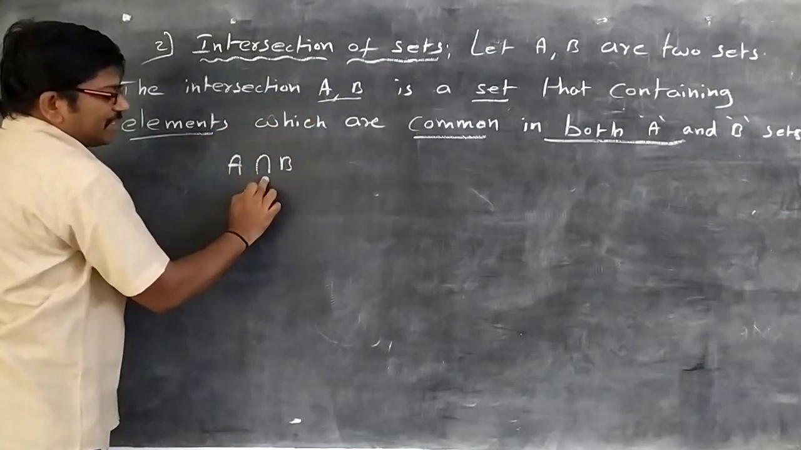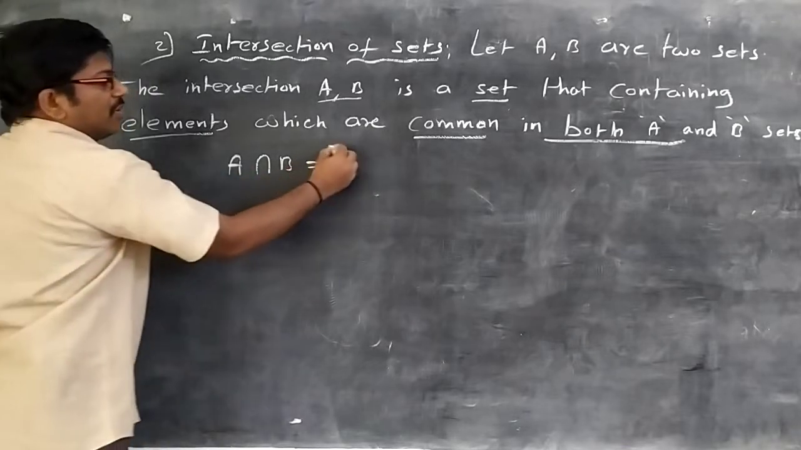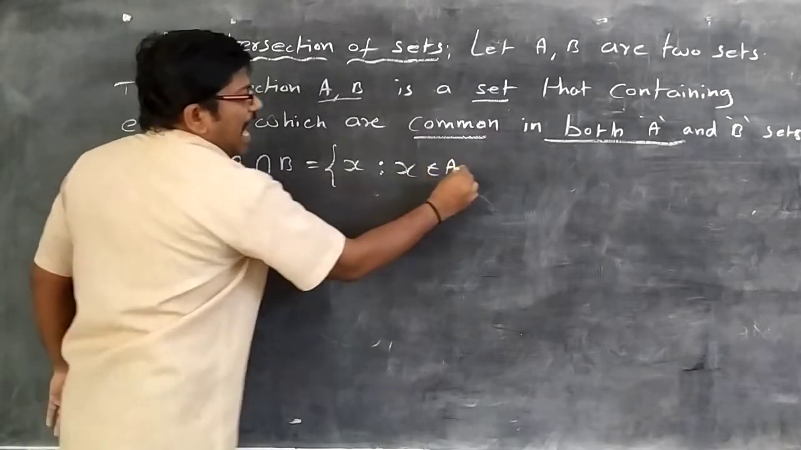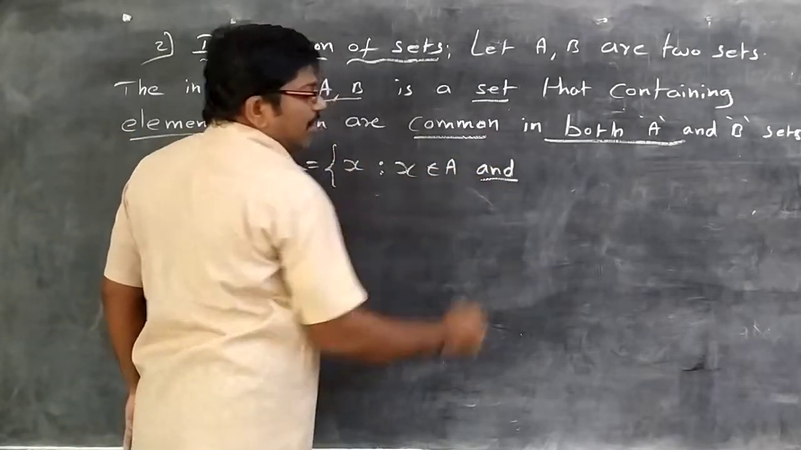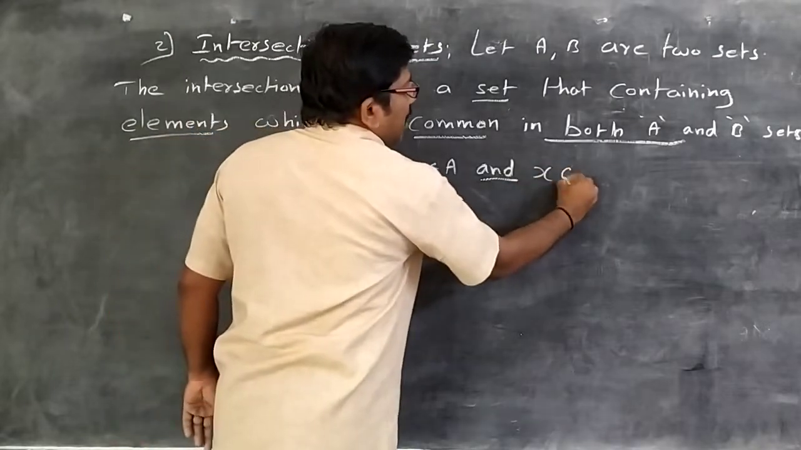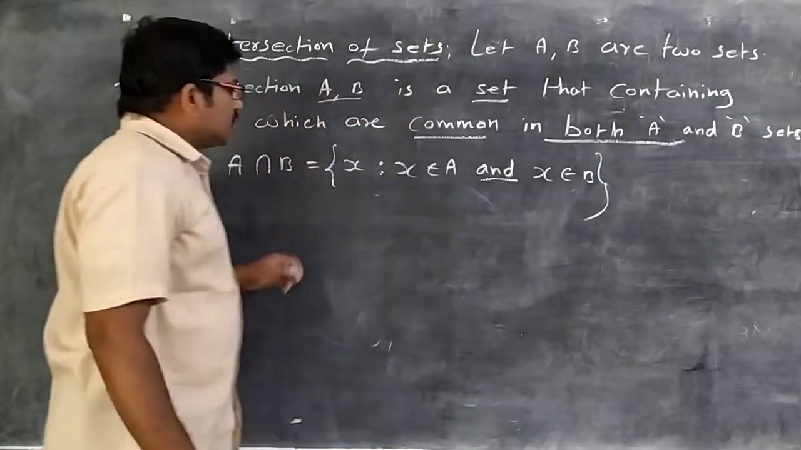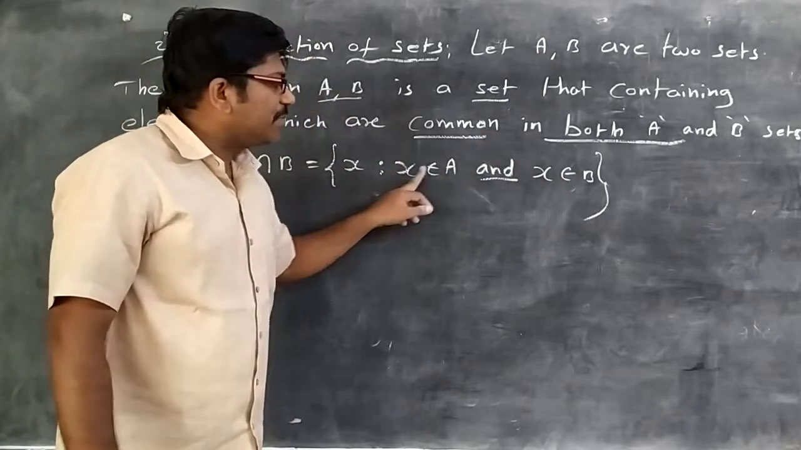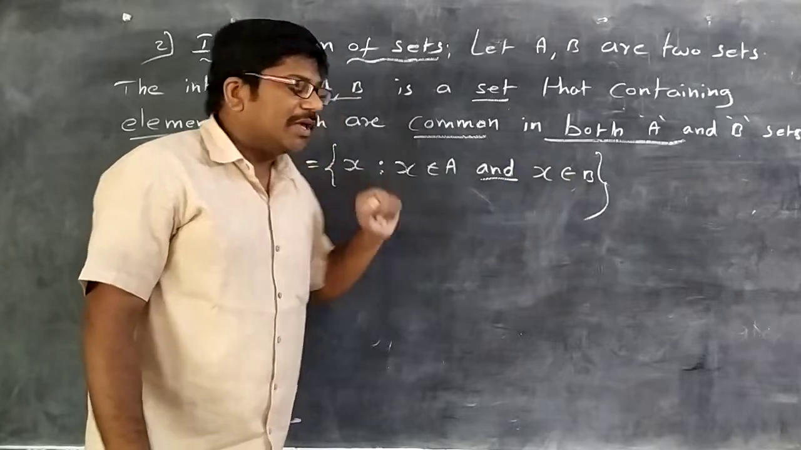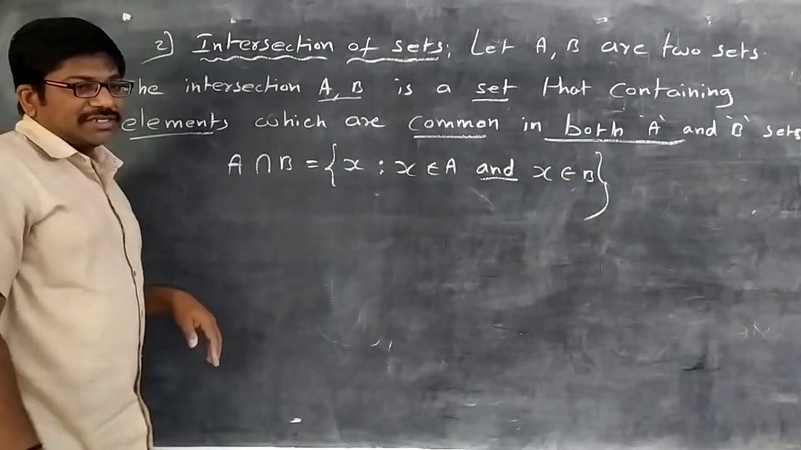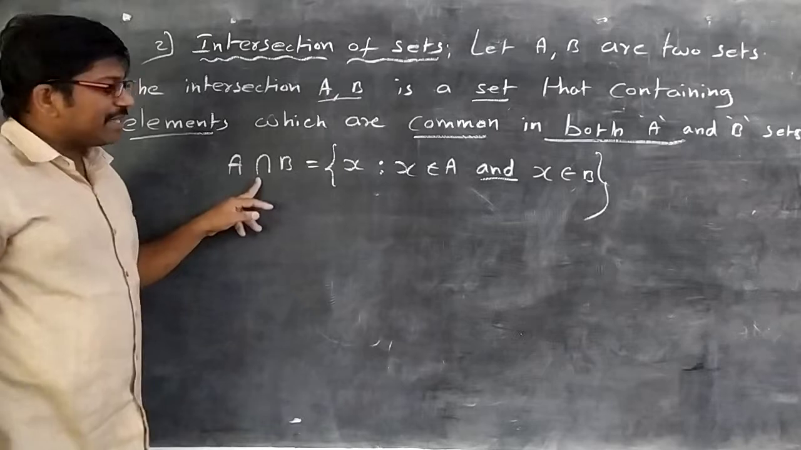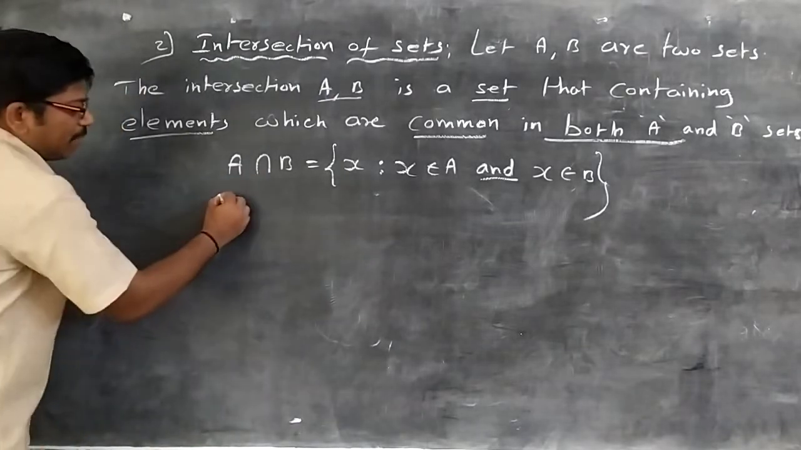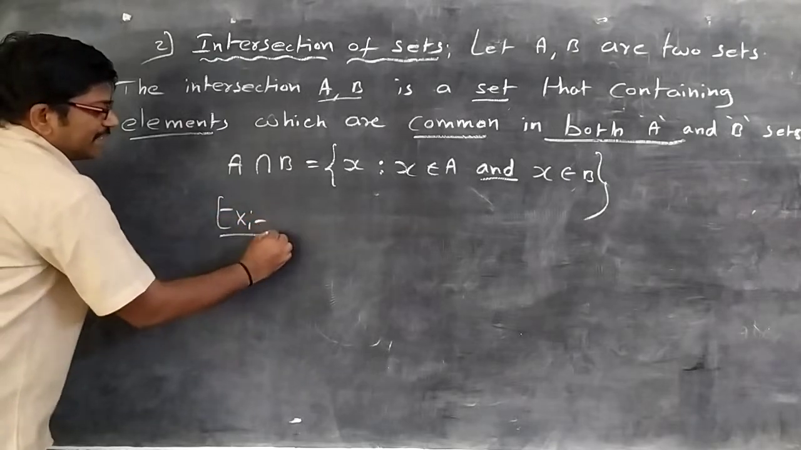It is read as intersection. A intersection B is equal to the element X such that X belongs to A and, here the condition is and, X belongs to B. That's it. So the element X is common to both sets, that is, X belongs to A and X belongs to B. The element X must be in both sets. So that set represents A intersection B. Okay. Now, Venn diagram of, for example,